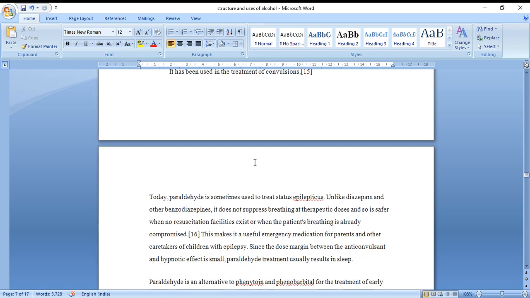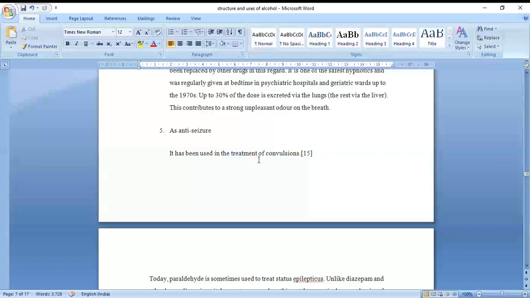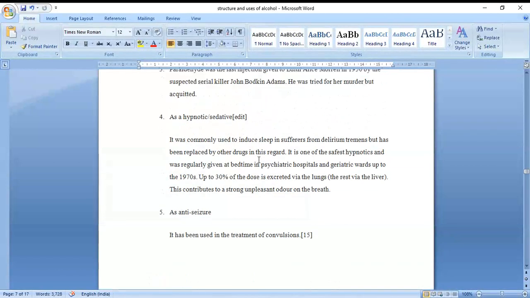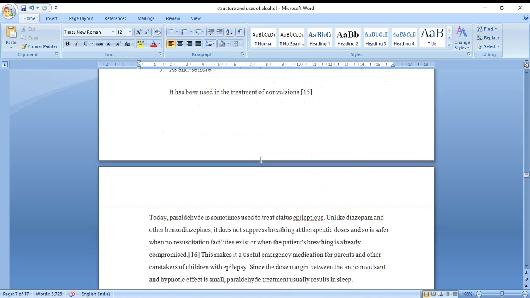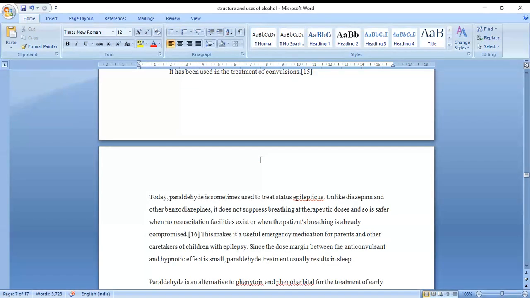I'm just explaining; you need not mention all these characters or all these uses in the exam. I'm just explaining it in order to make you understand better, why we are using this drug as an anticonvulsant or anti-seizure drug. I'm just explaining the reason behind this. So no need to mention all these drugs. You may not know these drugs, as you are going to study them in medicinal chemistry. I think you are clear on that.